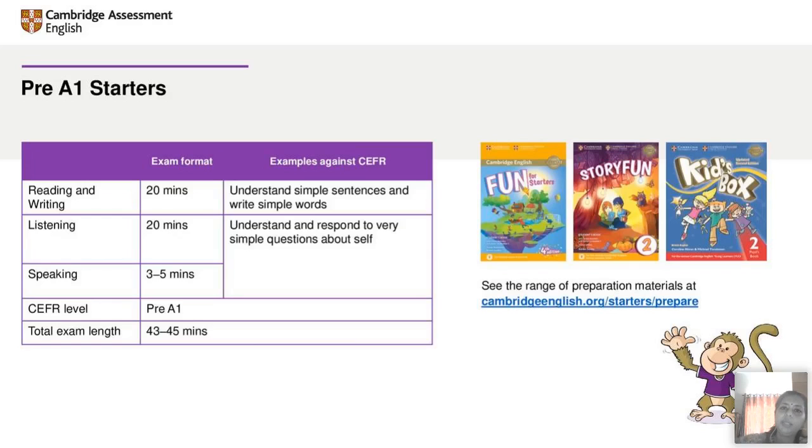So are they able to respond when asked something in a way in which the idea is able to be conveyed? We're not even looking at being grammatically right. We're just looking at the idea being conveyed to the person who's asking the question. So at this level, they are assessed for a pre-A1. And as I said, every activity that the child does is celebrated. So they come back with shields. The total exam length is about 45 minutes.